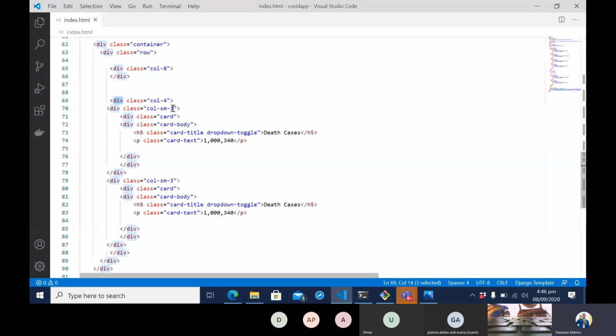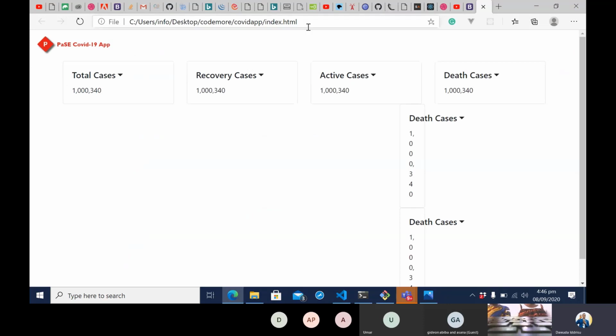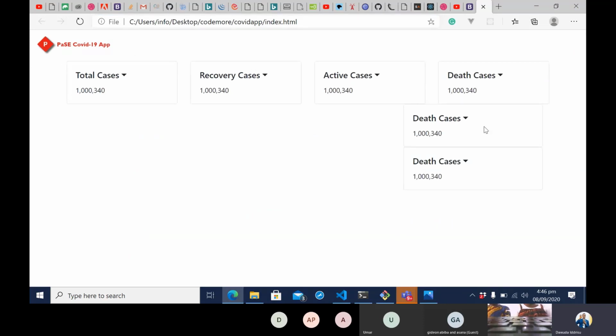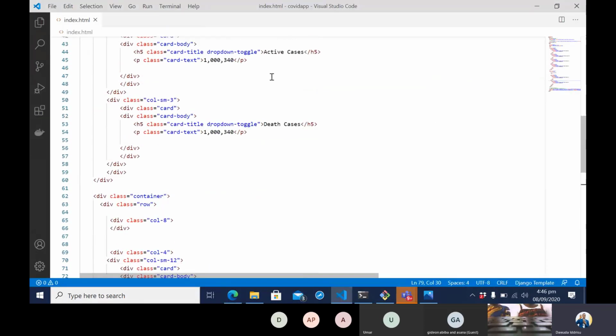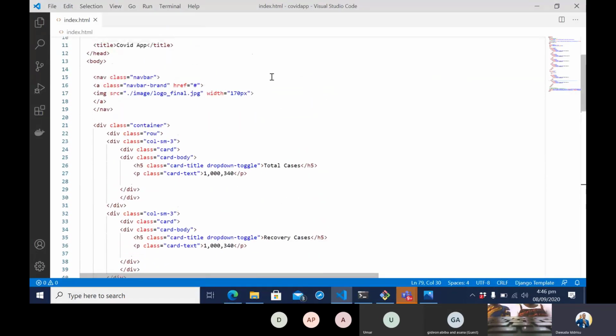It's fine. Now what I'm going to do is to give this 12 columns and then say that this is also going to be 12 columns. I will save my work, refresh in here, and you can see we have dev cases and dev cases. It's fine. Now the extra thing I'm going to do is that you see this first container that we have,